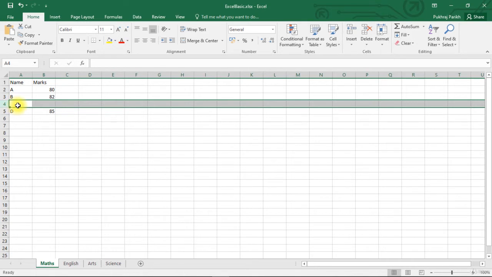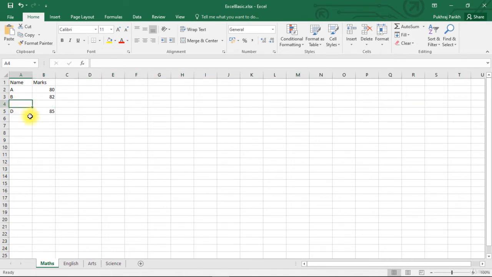Notice that a new blank row is inserted at the 4th place, and the row which was earlier at the 4th position now becomes the 5th row. And now we can enter the student C data also. So C student scored 75 marks.